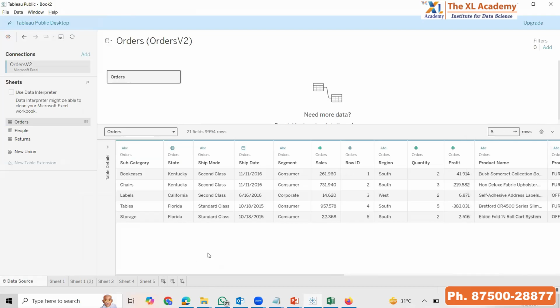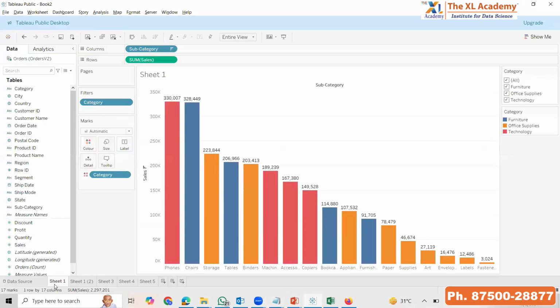Okay, so this was the sorting of the columns, then the sorting of the data. Now see, when I am moving my pointer on these columns, can you see these 3 lines? दिख रही है? This is a sort button. You click on this. 1, 2, 3. Ascending, descending, not sorted. Okay? But this will also not impact your visual. The visual will remain as it is. It is only for the